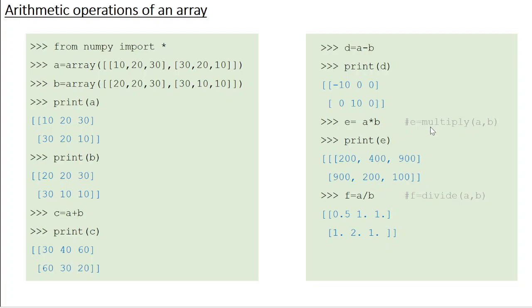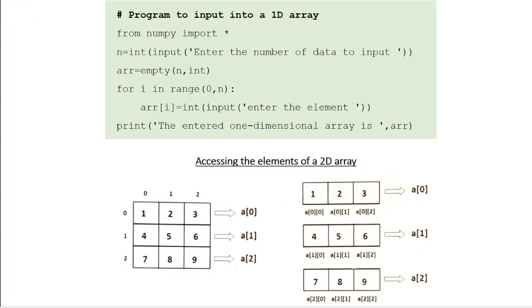For example, you can use the multiply function to find the product of individual elements. So when you say E = multiply(A, B), you get the same result. Similarly, when you say F = divide(A, B), once again you are going to get the same results. This is how you do element-wise arithmetic operations on an array.